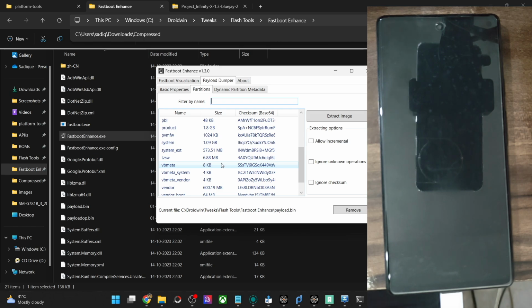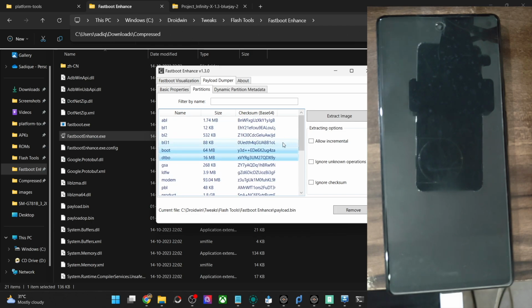This usually varies depending on the phone, but in most cases you require the boot, the DTBO, and the vendor boot. I am again repeating, it's not a universal approach, but in most cases these are the three files. In some cases you might also need the VBMeta vendor, but that's rare. In most cases it's the vendor boot, the boot, and the DTBO.